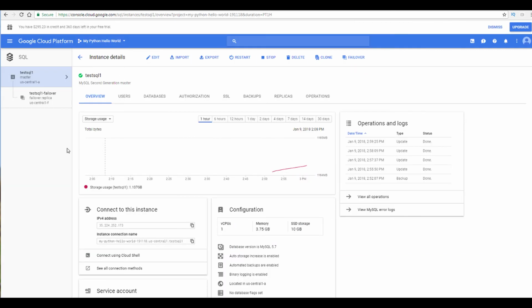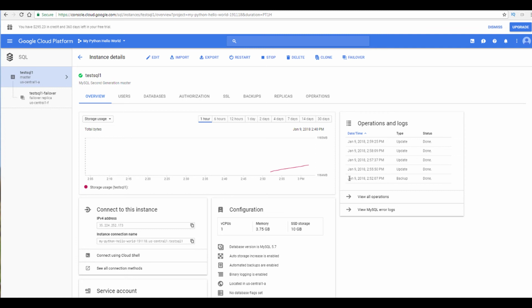Let's go back to the console here, and you can see that it's showing my storage usage. I just started it. It's about 1.37 gig, right? That's a good chunk of storage. What I want to point out is the pricing too. One of the things about pricing is you're charged every minute that this instance is running. The minimum amount, I believe, still is